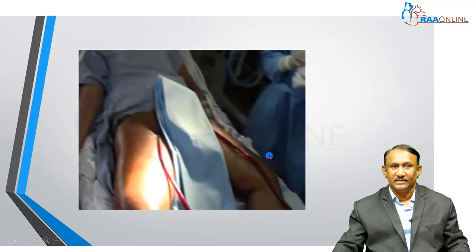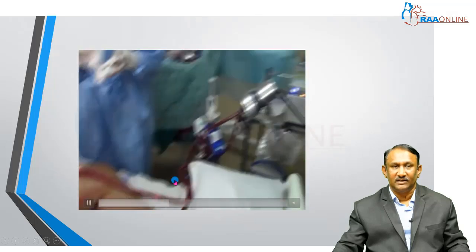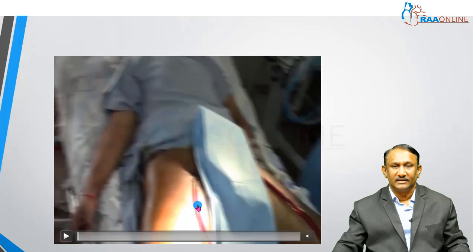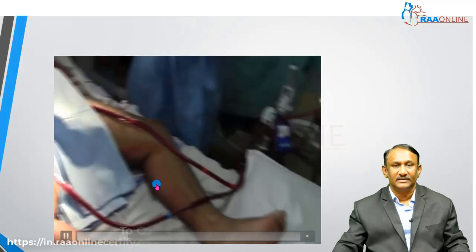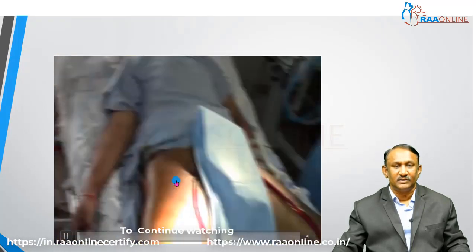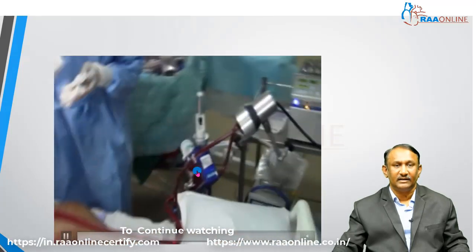The next is a video which shows a patient on a VA ECMO. If you see here, one cannula is the venous cannula, the other one is the arterial cannula. So you are draining from the venous side. This is the oxygenator, this is the pump. So the blood comes to the pump, from there goes to the oxygenator and returns